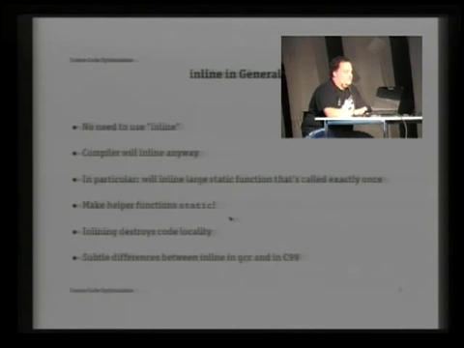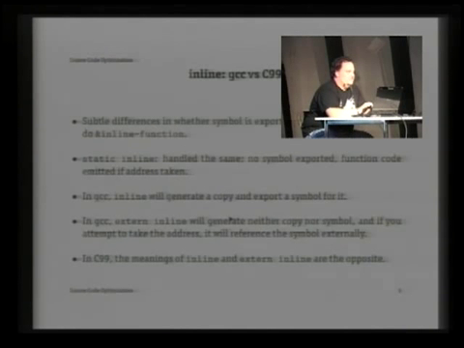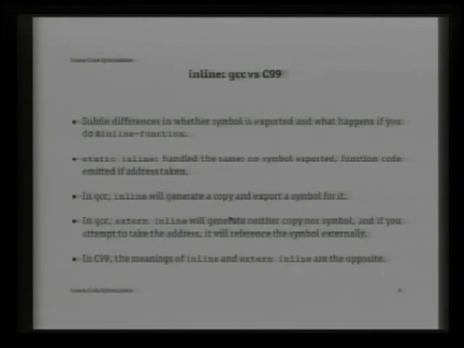So there's some subtle difference between inlining in GCC and C99. The difference is whether a separate copy of the function is output too. So if you have a small inline function and you use it once, then GCC, if you just say inline, will output two copies of the code. If you use static inline, then no symbol is exported because static means only used in this object file. So the function code is only emitted if an address of it is taken, and otherwise it's just inlined. And this is the